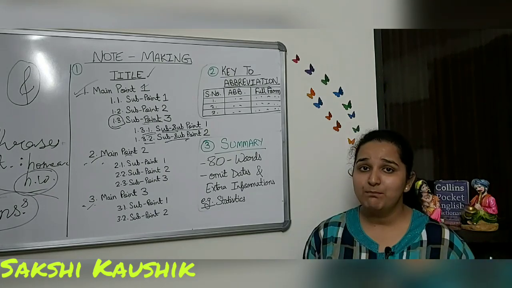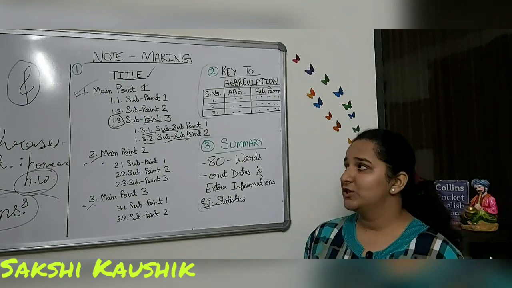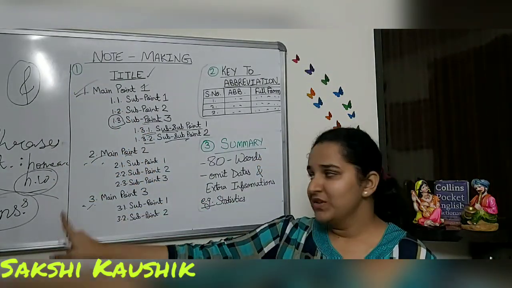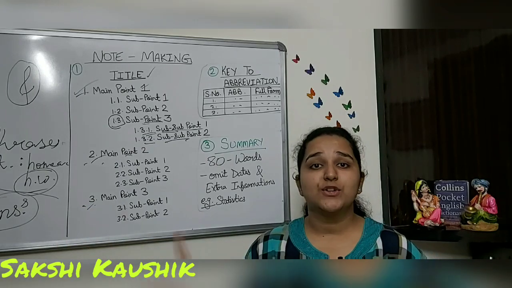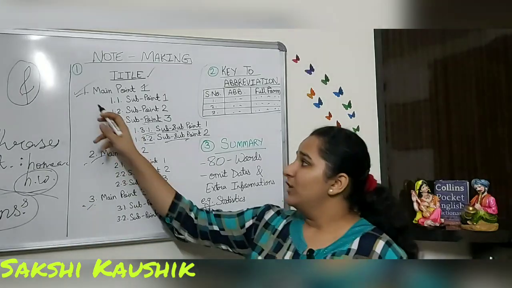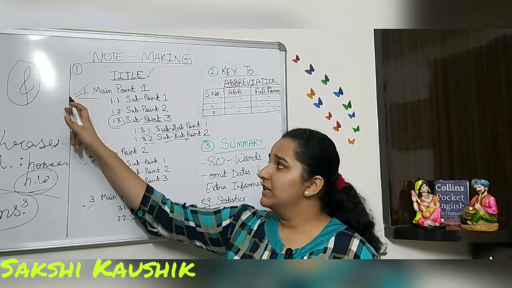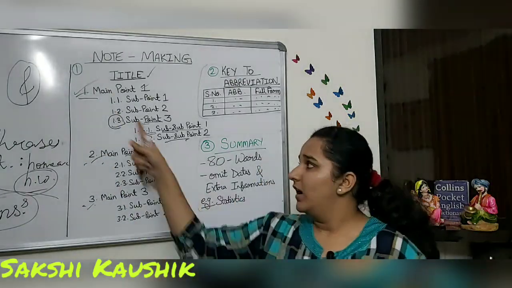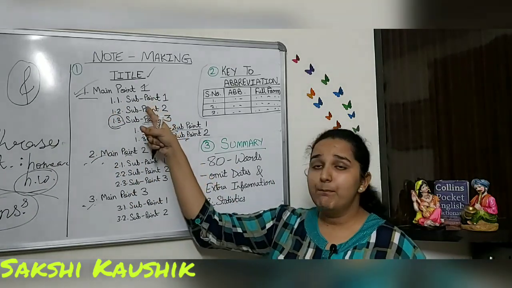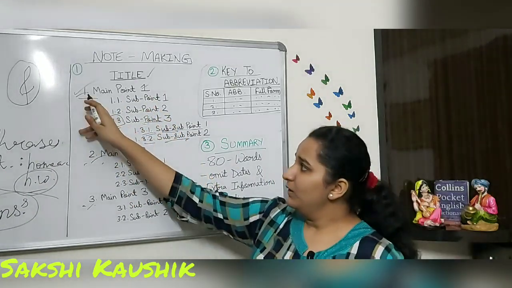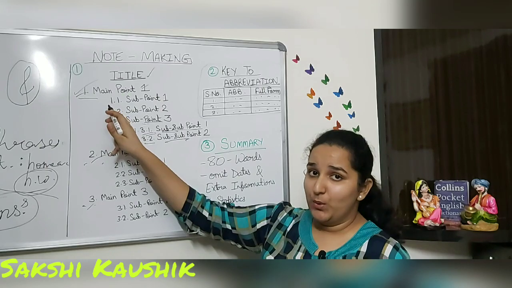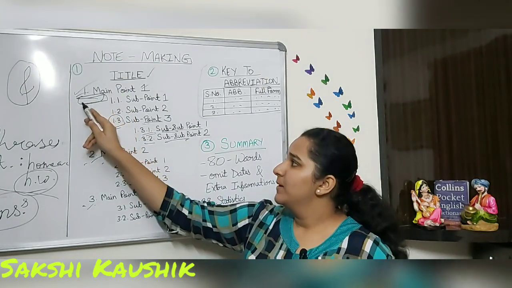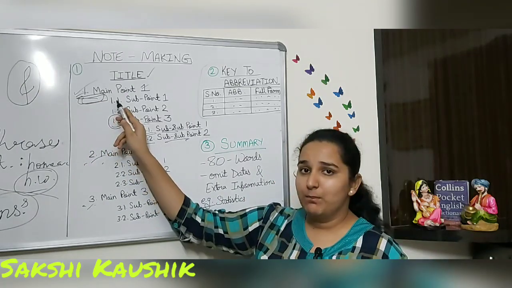So this is a very important factor, indentation, and that is, if you see, I have drawn a line over here. This line acts as the margin of your notebooks. Now the main point 1 should be a little closer to the margin. Not just with the margin, but a little closer. The sub-point that you would write should be away from the main point. So at least this much gap should be there between your main point and your sub point.